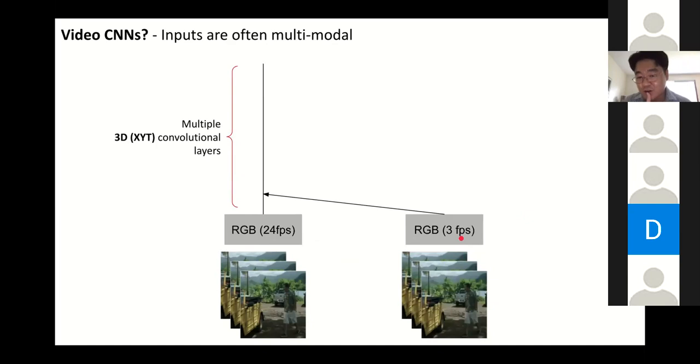And this is particularly important because if we actually think about very low frame rate, like 3 frames per second, even if you have the same 64 frames in this particular network, it allows you to capture longer time interval. So if we are able to mix something like this, we'll be able to capture fine-grained information in smaller interval, as well as coarse information in larger intervals simultaneously, and mix them appropriately and make the best decision out of them.